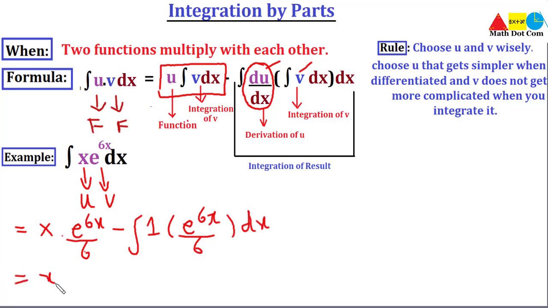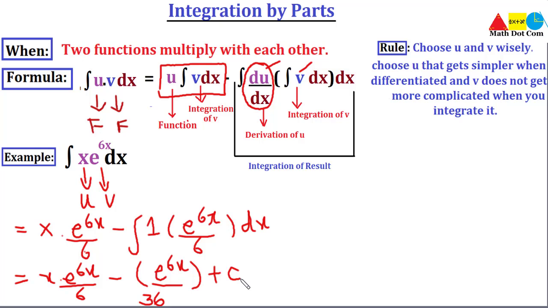Now we have solved this part of the formula. It will be written as it is. Now just left is this one, that is the integration of e raised to power 6x divided by 6. Its integration will be e raised to power 6x as it is, and the constant that is in the power will be multiplied in the denominator. So we have 6 again in the denominator, so 6 into 6 is 36. So you will get 36 in the denominator plus c, and that's it.